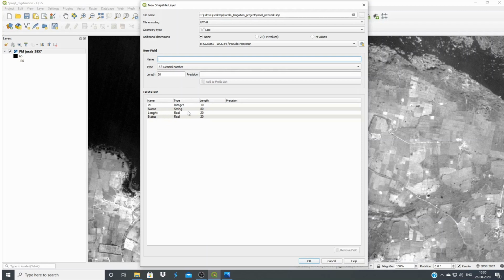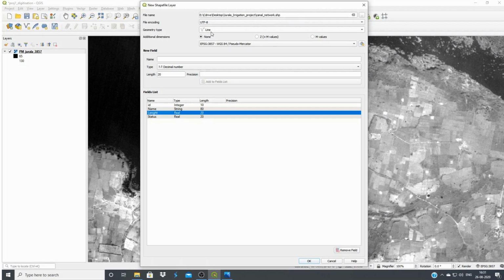Okay, some fields are entered while digitization process, some fields are calculated later on. You can also add the column or field after you have created the layer. So once again I repeat the procedure. You have to create empty shape file using this tool. Once you click this, a new dialog box will come. Then you have to give the name,